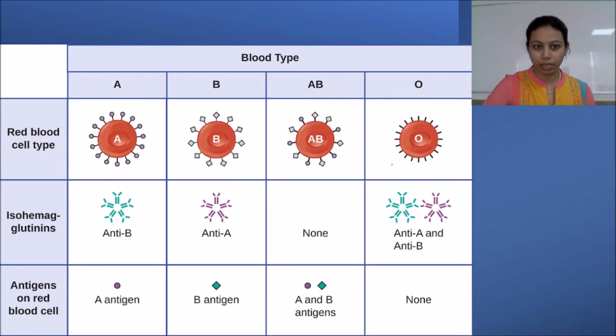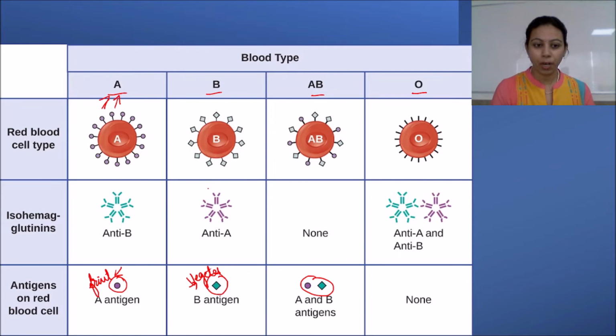I am giving one more slide here. This column represents the four blood groups A, B, AB and O. You can see here the A blood group has antigen A, B has antigen B, AB has both types of antigens, whereas O doesn't have any type of antigen. So now take this antigen as a fruit. Take this antigen as a vegetable. Now what is the tendency of A? A doesn't want to eat vegetables and B doesn't want to eat fruit.